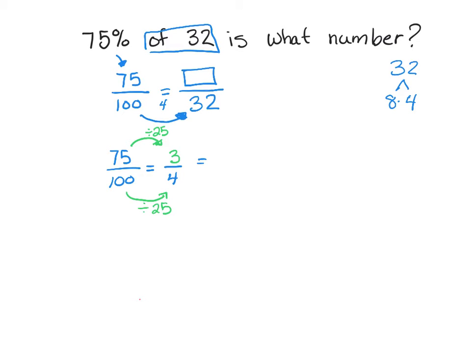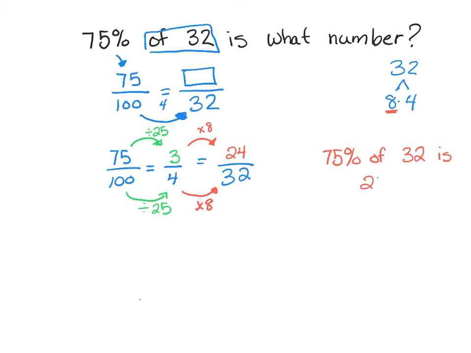Okay. Now I need to figure out how many 32nds it would be. So to get from 4 to 32, we said that we need to multiply by 8. So I'm going to multiply by 8 on the bottom. Then I would do the same thing on the top and multiply by 8. So 3 times 8 is 24. So that means 75% of 32 is 24. The other way to do that, since it says 75% of 32, you could do 0.75 times